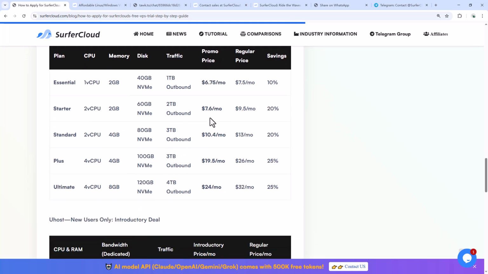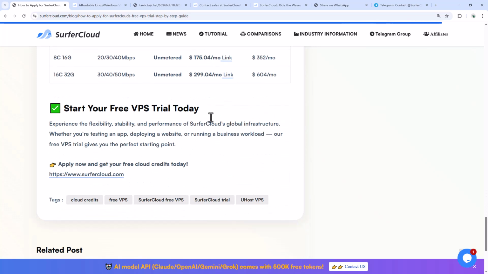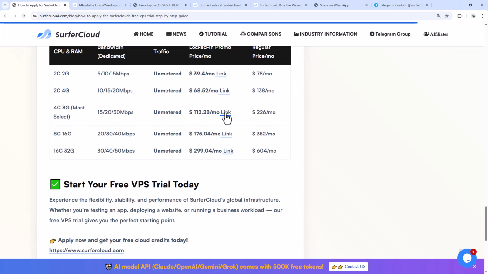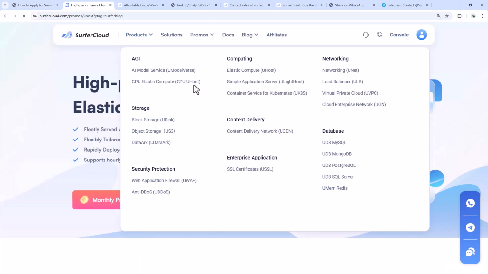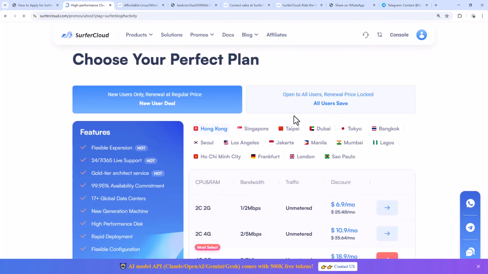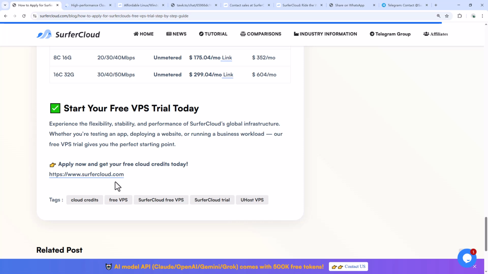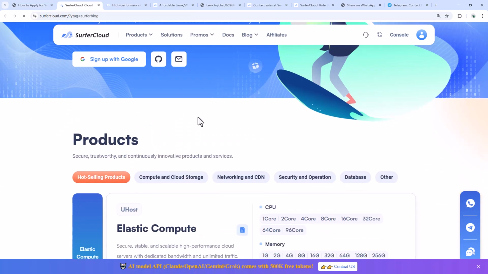Start your free VPS trial today. Experience the flexibility, stability, and performance of SurferCloud's global infrastructure. Whether you're testing an app, deploying a website, or running a business workload, our free VPS trial gives you the perfect starting point. Apply now and get your free cloud credits today. https://www.surfercloud.com